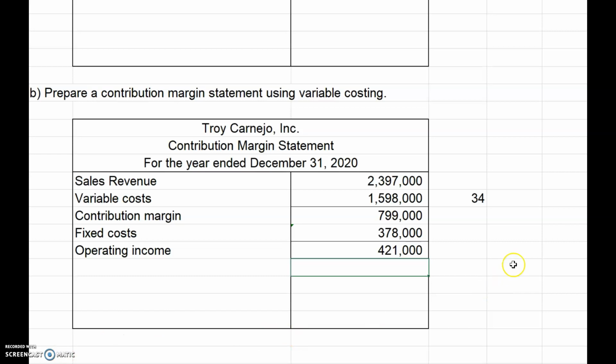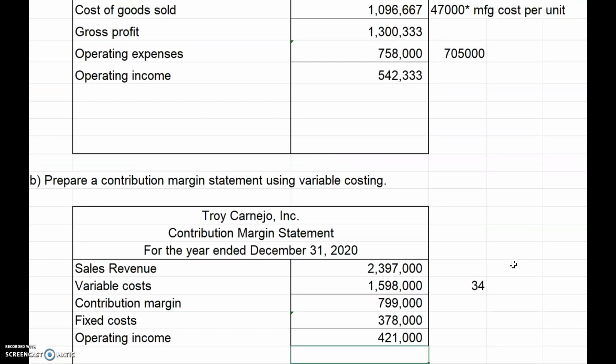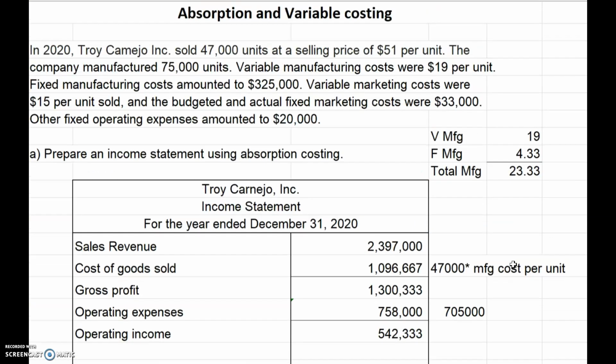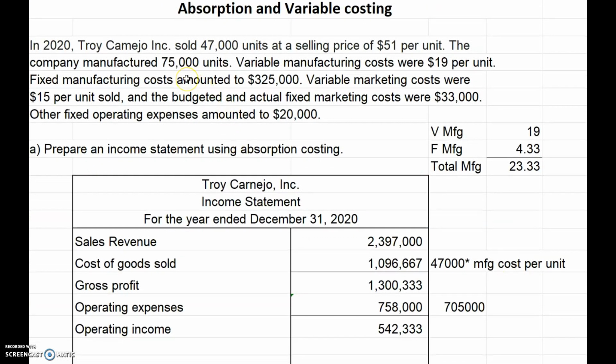And the difference between our operating income for absorption costing and our operating income under variable costing is the portion of the fixed costs attributable to the items still left in inventory. So the 75,000 units minus the 47,000 units sold, those fixed costs